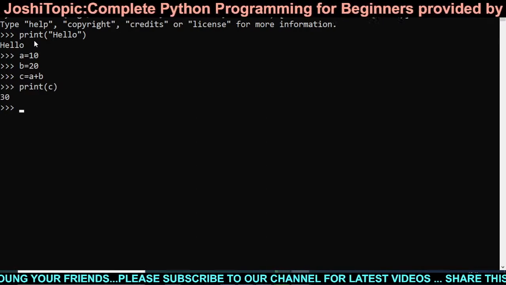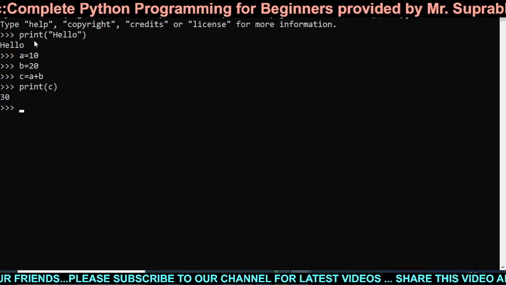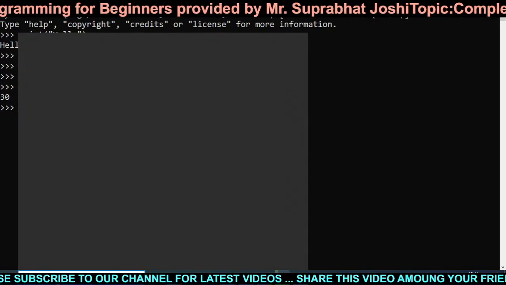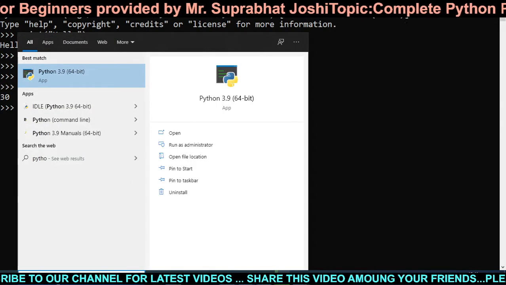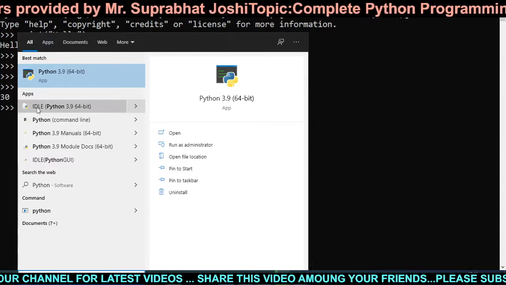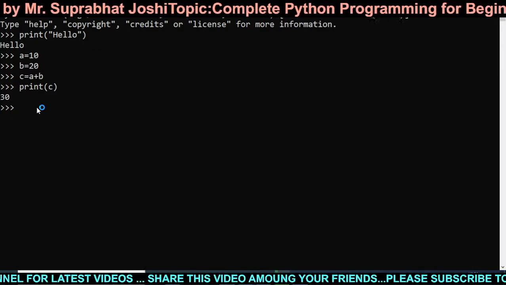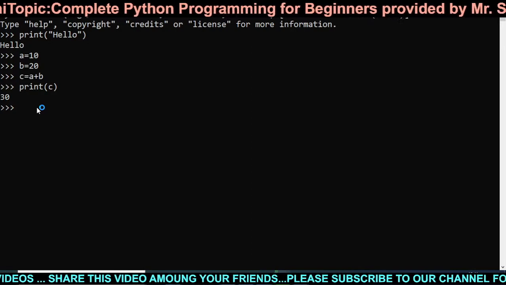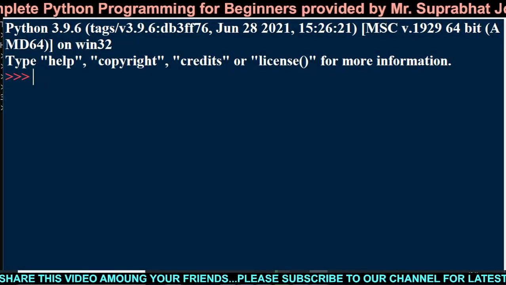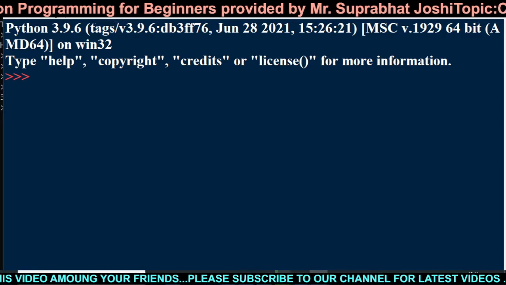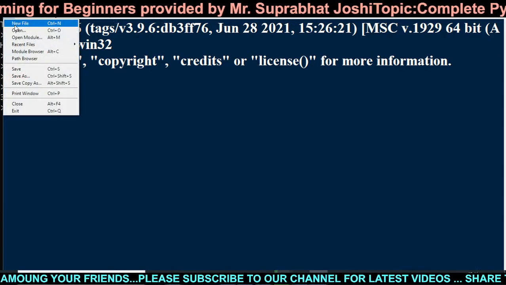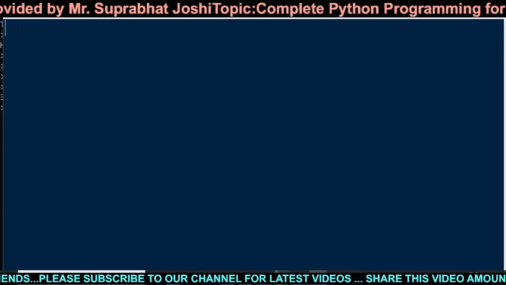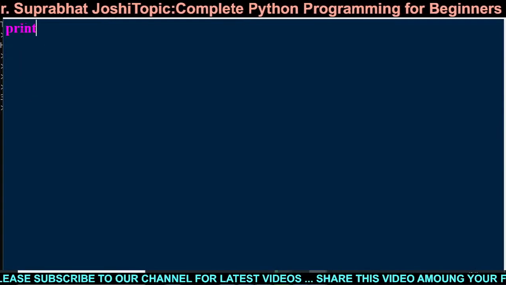Another is the GUI format, not the command user interface. Another option available: if you type Python IDLE, Python 3.9 64-bit, it will open. Just wait a bit. This is the IDLE shell 3.9.6, and this is the GUI format. I go to new file and type my Python script, print.